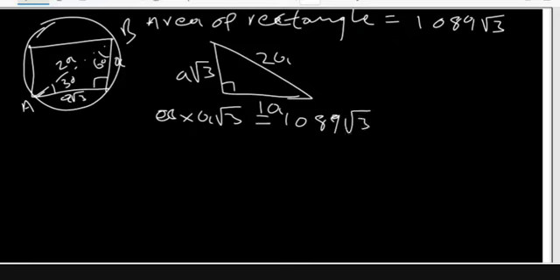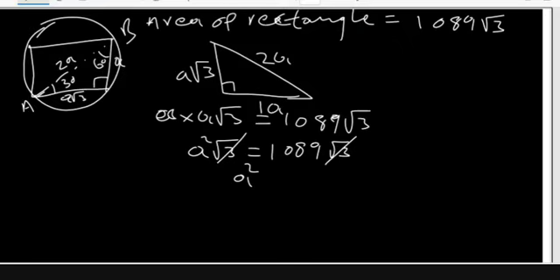So A squared root 3 is equal to 1089 root 3. This root 3 and this root 3 can easily go. Therefore, A squared is